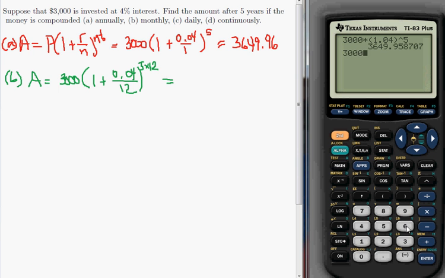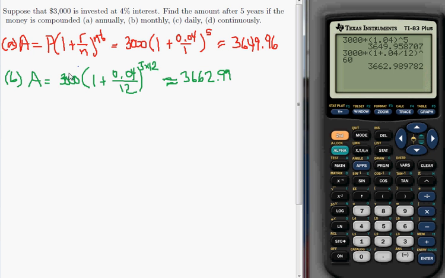We get 3,000 times (1 plus 0.04 divided by 12), whole thing raised to the 60th power, and we get an answer that is slightly larger, $3,662.99. So the interest being divided into equal portions but compounded more frequently causes a net that is somewhat larger